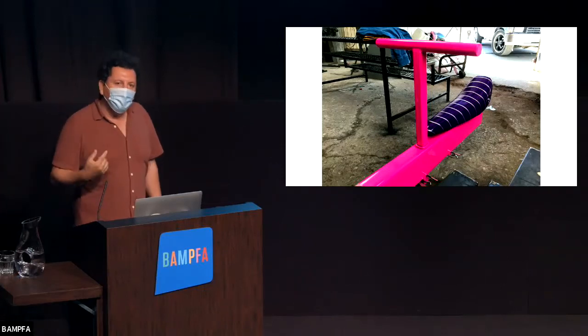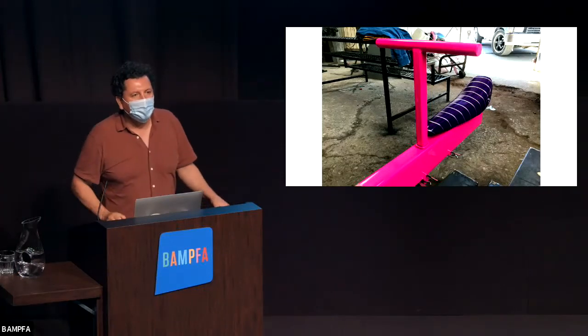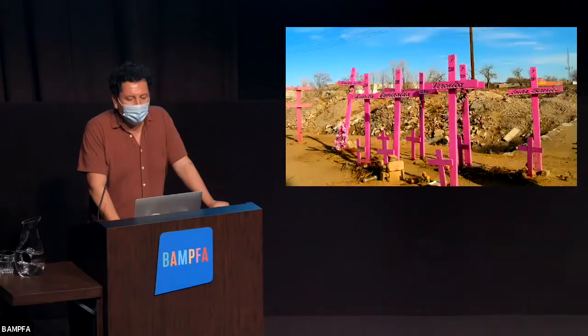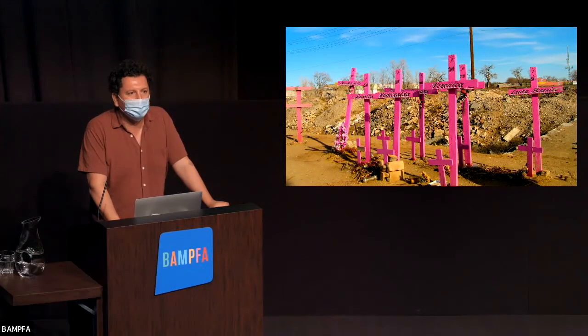But we also wanted to remember that this was a site of violence. And in Juarez, the color pink is used very specifically to memorialize women who were killed during the time of violence, the drug violence, when Juarez was the most dangerous city in the world. And then we wanted to remind ourselves that although we were using play as a form of activism, we were using it in a context of violence.